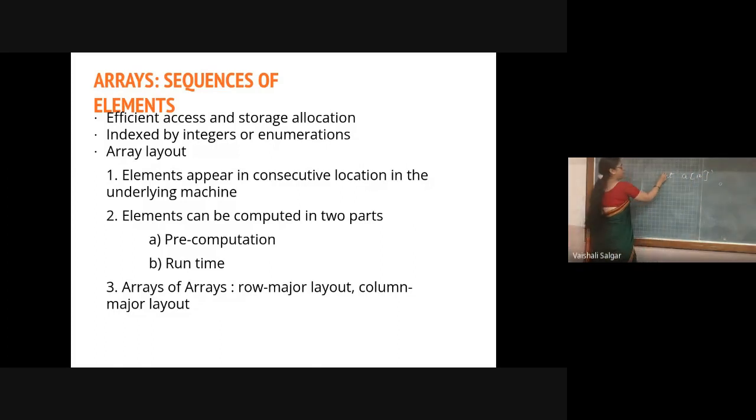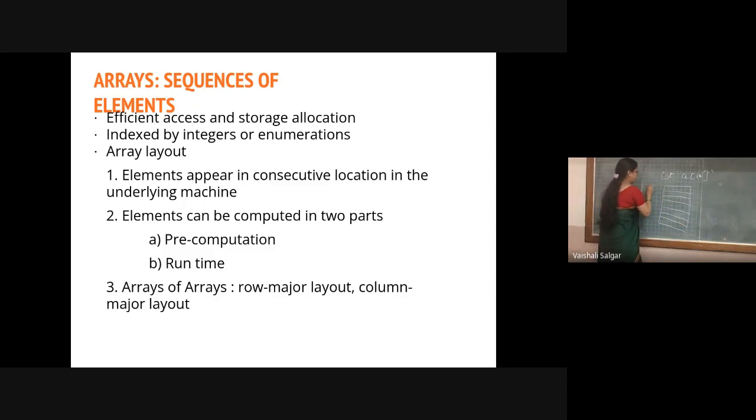In C programming, how many bytes are reserved for int? Can you tell me? How much memory will be allocated for an integer? When I'm saying int, it will be 2 bytes, right? So when I'm saying int A of 10, how much memory will be allocated in total? 10 into 2, so a total of 20 bytes will be allocated in memory.